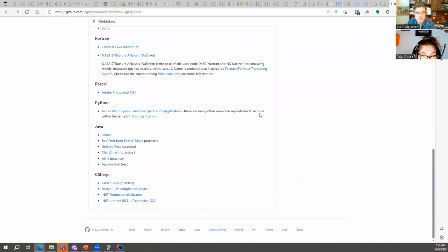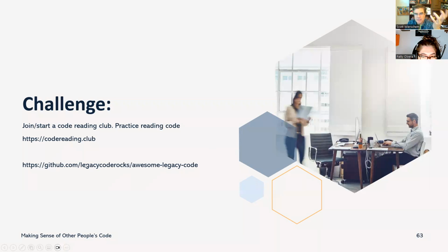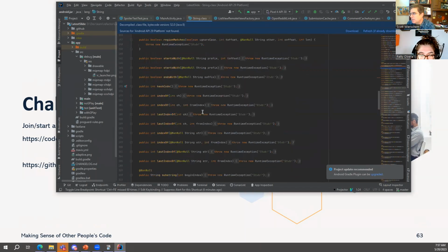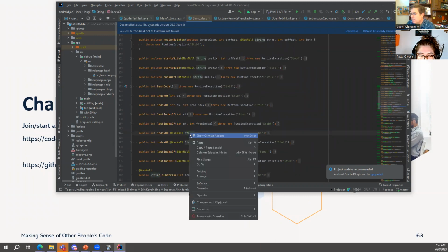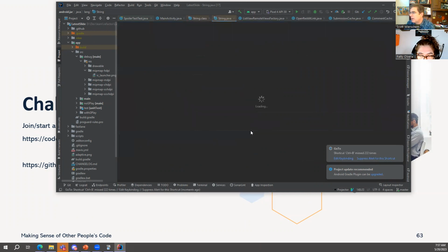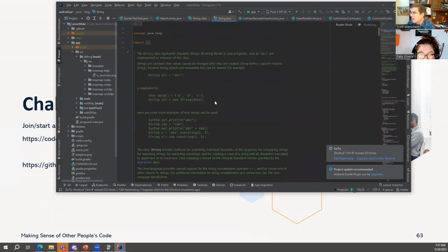Other things that you could do is look through the JDK code. When you're in your development program, say you want to see how String is defined, you can just do a control click on it, and you'll go to the definition, and it'll bring up what String looks like.